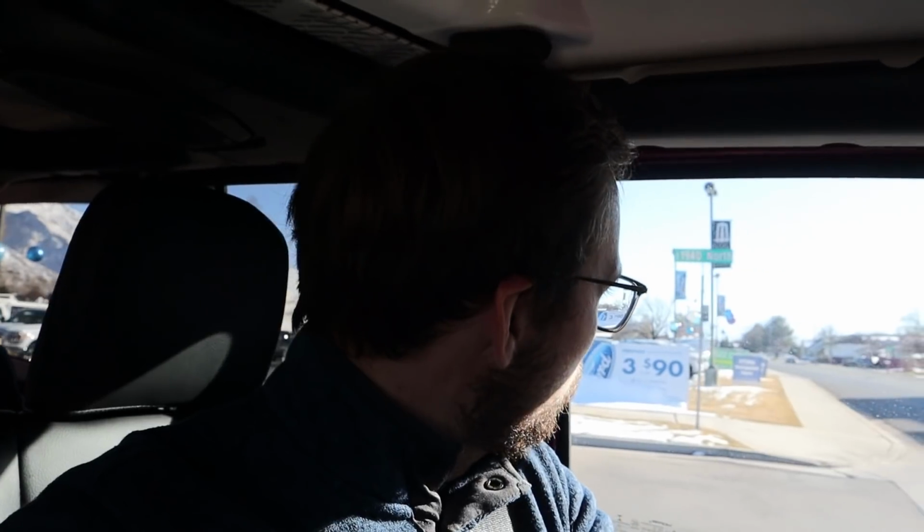Also, something that I want to mention is I forgot how crazy this thing drives, because it's been some time since I've driven any 392. It feels like a Jeep, right? It floats all over the place. The steering is not direct whatsoever. But then it has